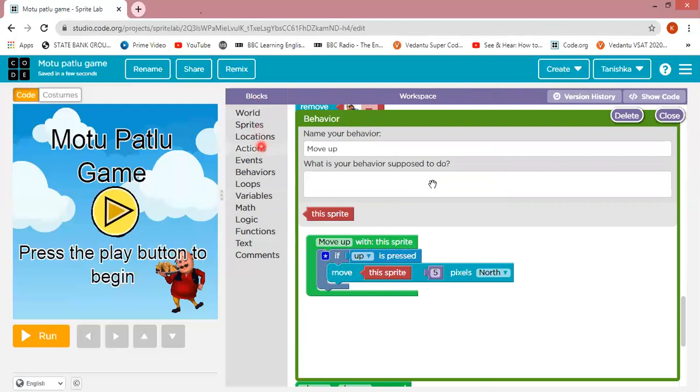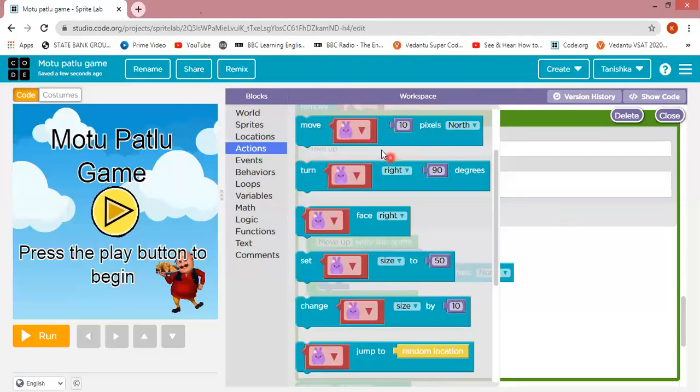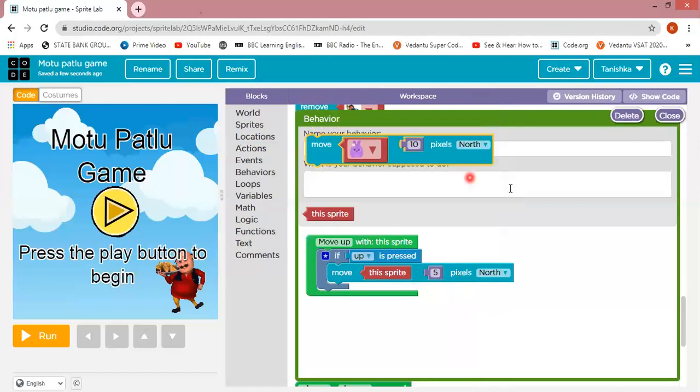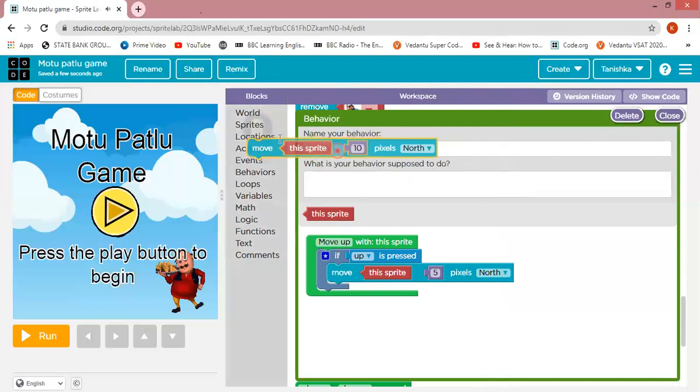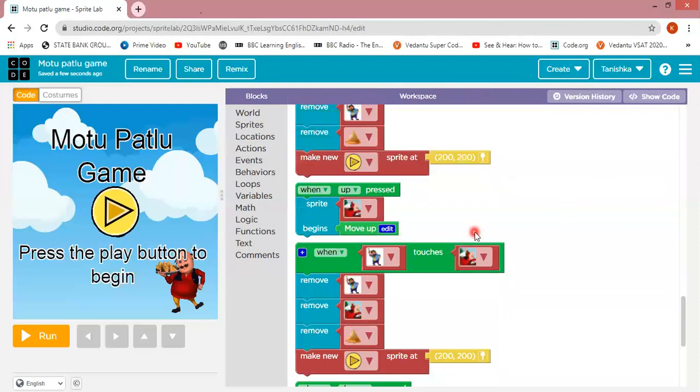I got this move from the actions as I told you before, and when I got this, I removed this block like this. I remove this block over here and drag the small one over here, okay, and 5 pixels to north, because up is north, down is south, left is west, and right is east. So I created all that, move up, move down, move left, and move right, by the same method. And when the villain touches the flying motu, remove the villain, remove the flying motu, and remove the samosa,